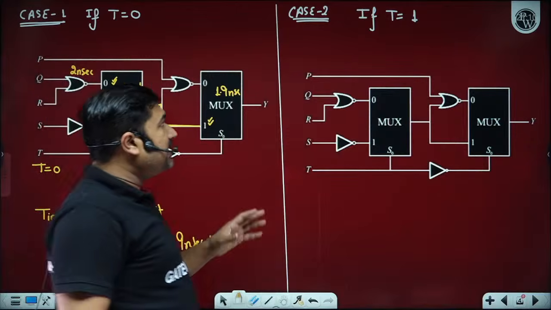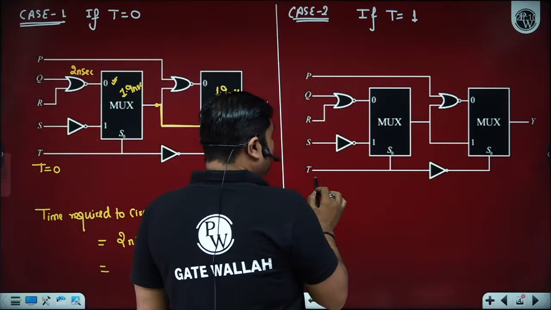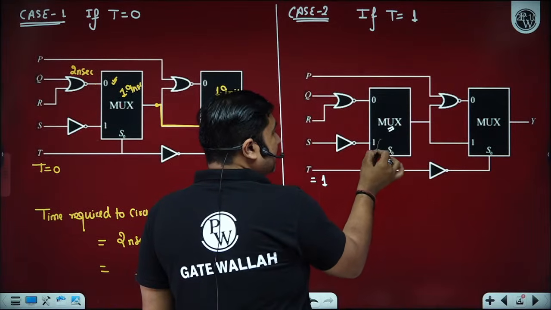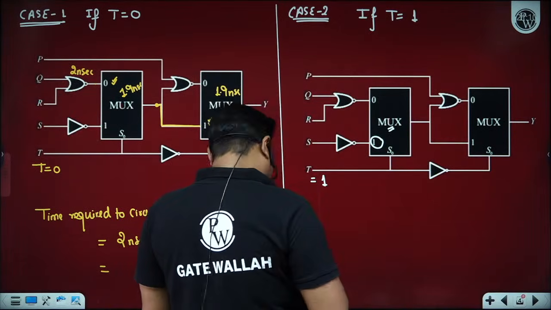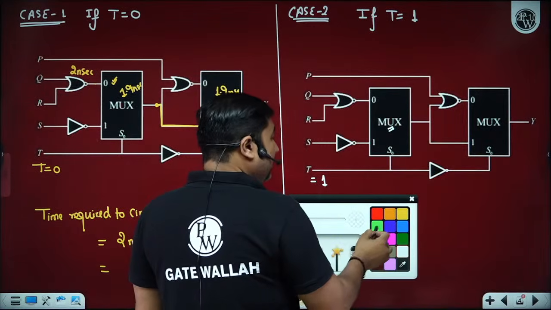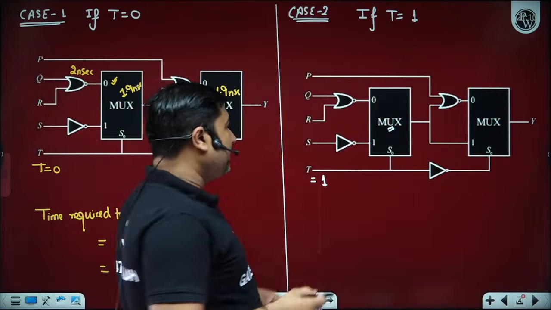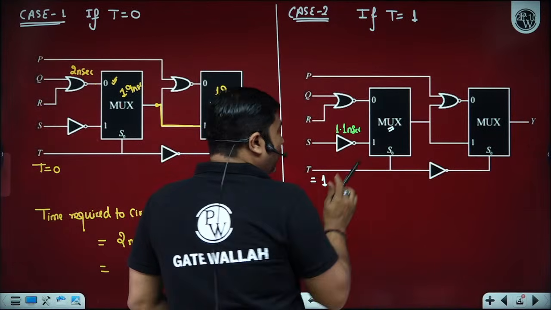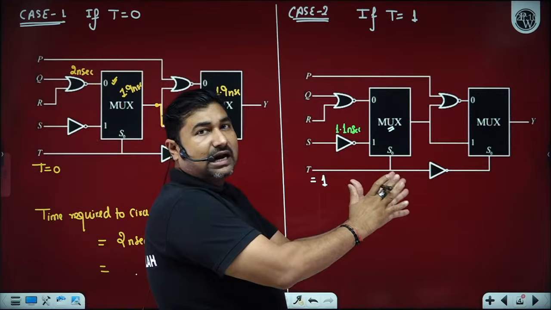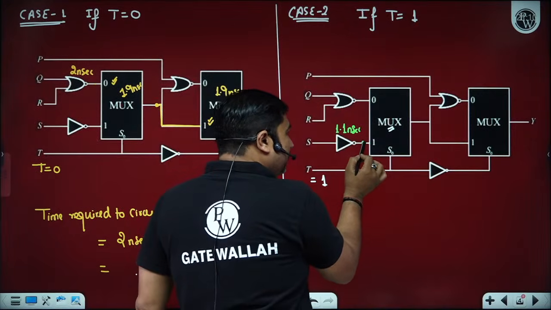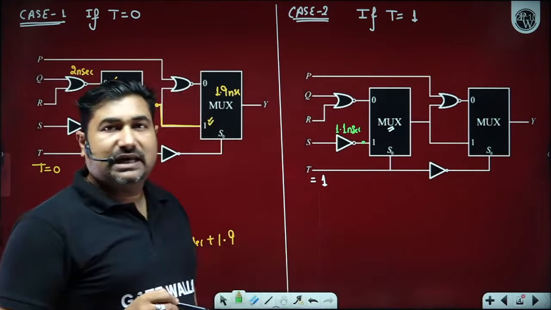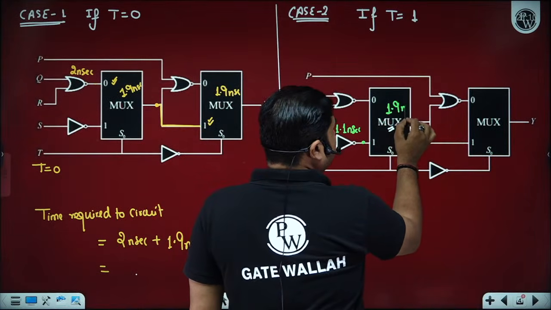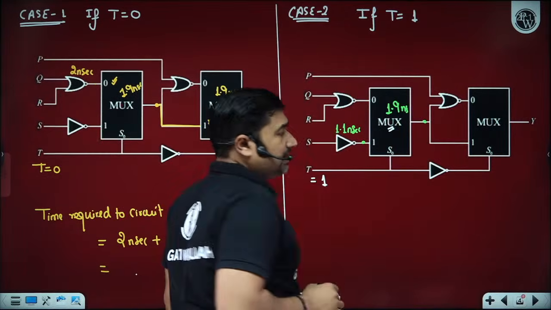So there is a possibility that T is equal to 0 applied or T is equal to 1 applied. In case T is equal to 1, this multiplexer is going to select the I1 pin, and how much time is needed for the correct input on the I1 pin? This 1.1 nanosecond is needed post all the inputs are applied. So post 1.1 nanosecond the I1 pin input is available, then this multiplexer will further take 1.9 nanosecond to provide its output. Is it okay?